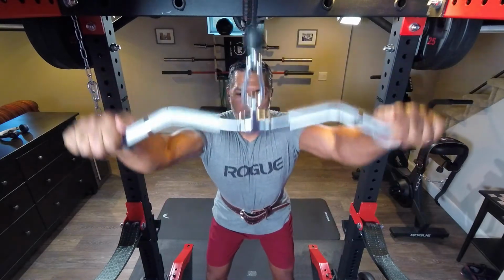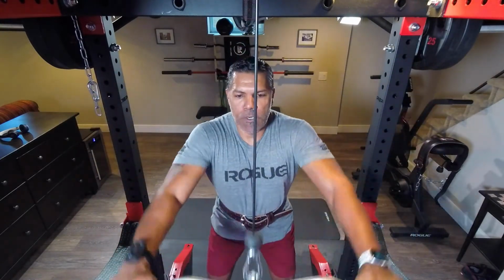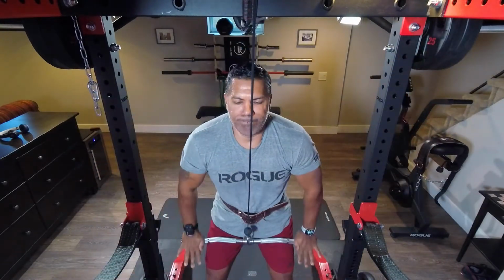So here I get a nice burn with this exercise. I'm not sure what it's called, but